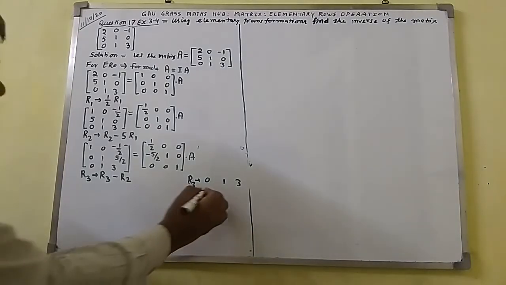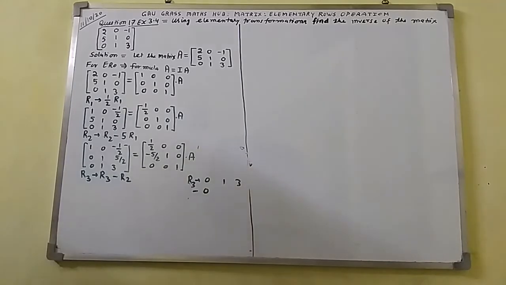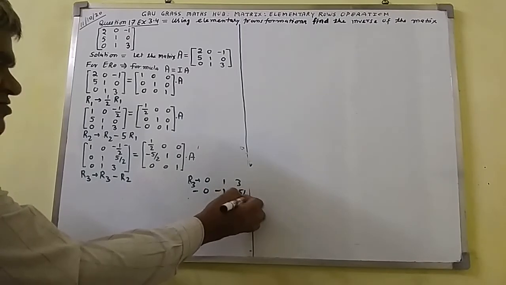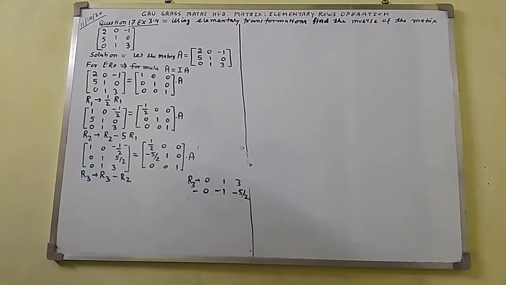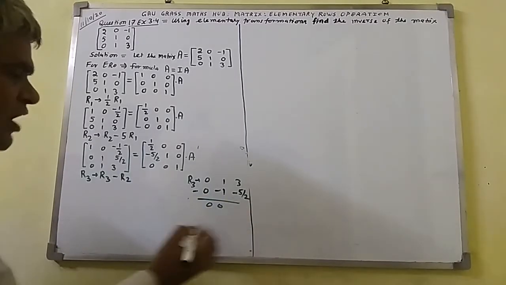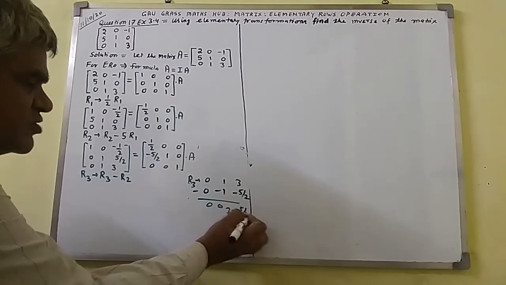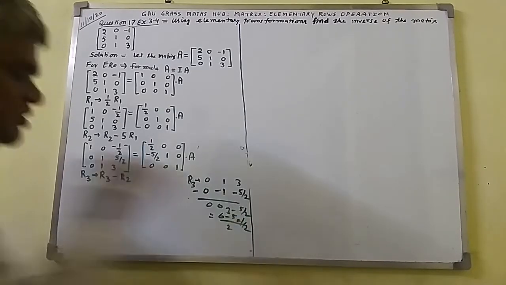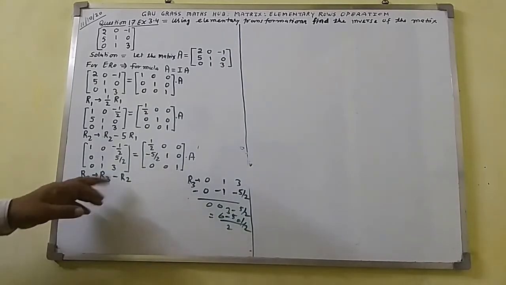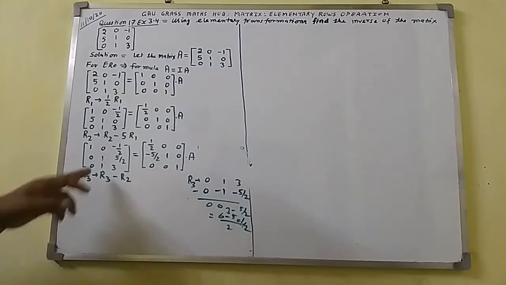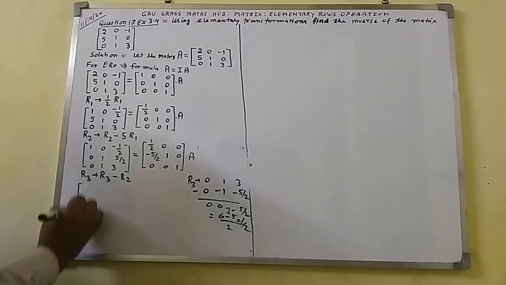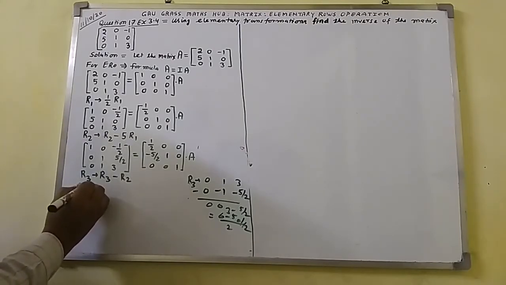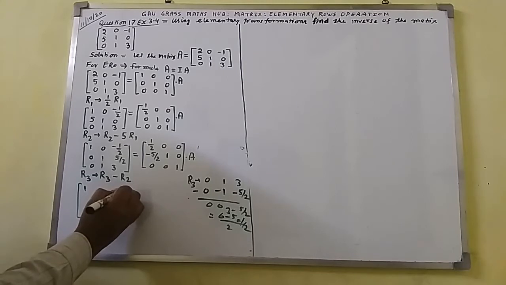The R2 I shall write here: 0 minus 0, 1 minus 1, minus 5 by 2. This term will become 0, 0, and here you will get 3 minus 5 by 2, so comes out to 2, 3 times 2 is 6, minus 5 will come out to 1 over 2. So this element will be converted into 1 over 2 and this will be converted into 0. So 0, 0, 1 over 2 we will get here. Now let us see changes will occur in this one. The elements of first row I shall write here: 1, 0, minus 1 over 2.